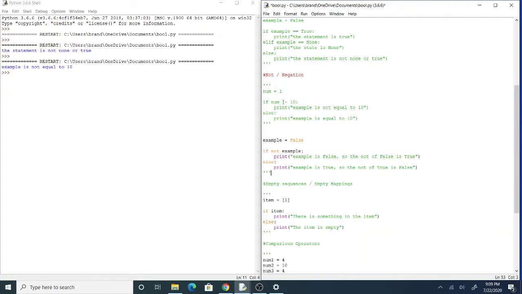I typically wouldn't use it, but I'll just explain it. It's if something is not true, then this will evaluate to true. So in this case, we have example is equal to false. So we have if not example. So, typically you may see it like this, right? This is how we usually see it. So if example, right? If this is true,